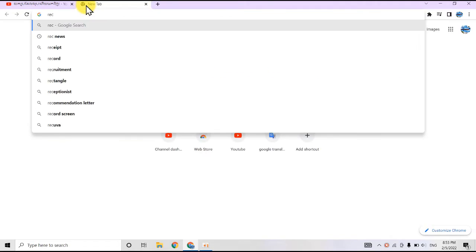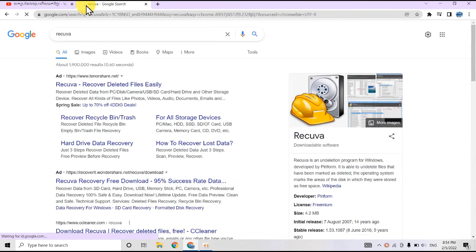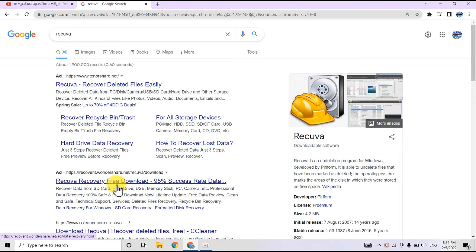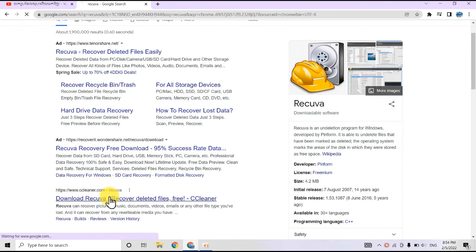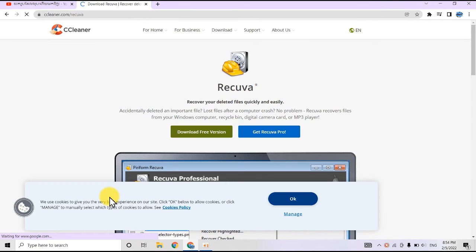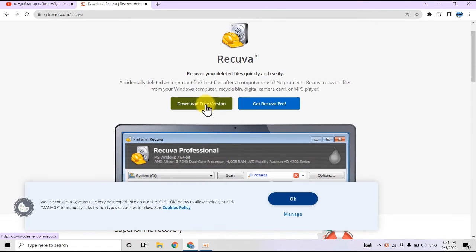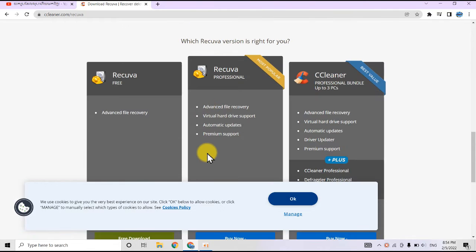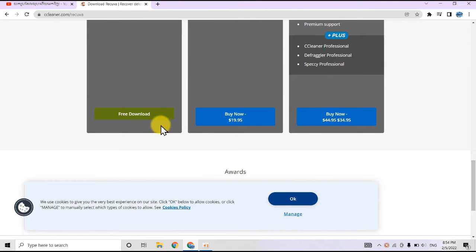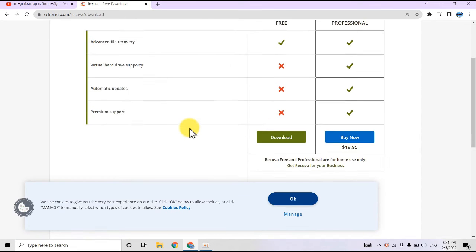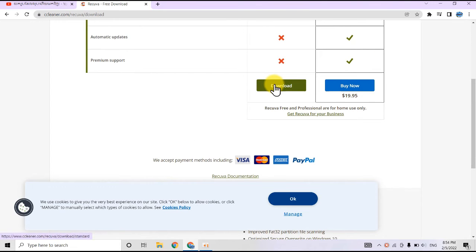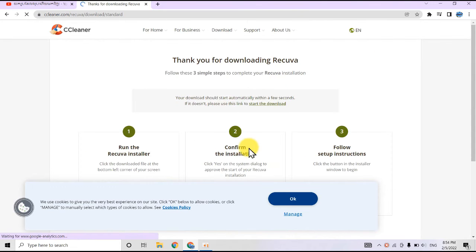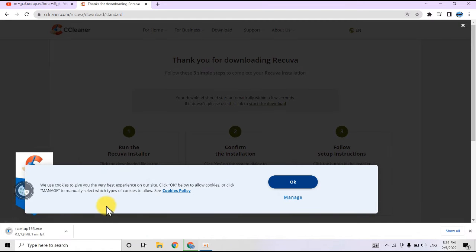So you go to Google and search for recover. I will give the link in the description, so you can find it. And you click on download free here. Scroll down a little bit. Free download here, and then click on download. It will come up below. You can wait here,